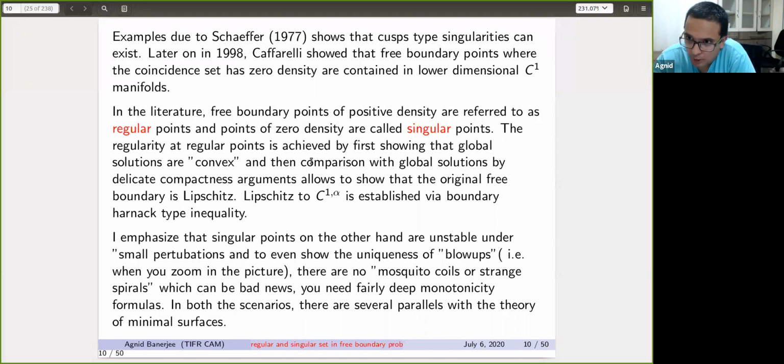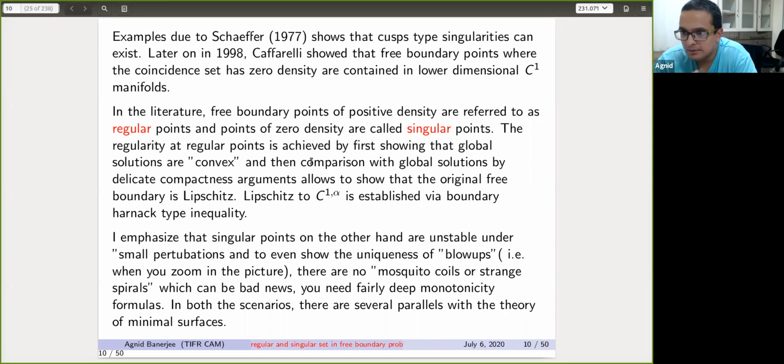But before that, even to know that first you have a blow-up limit which is a plane or hyperplane, the second question that you want to know is what happens if you take different sequences of blow-ups. Because when you apply the so-called compactness theorem, which is the Arzelà-Ascoli theorem, you would only have that up to a subsequence something converges, right? And then it may happen that if you take different sequences of blow-ups, you can have different tangent planes.